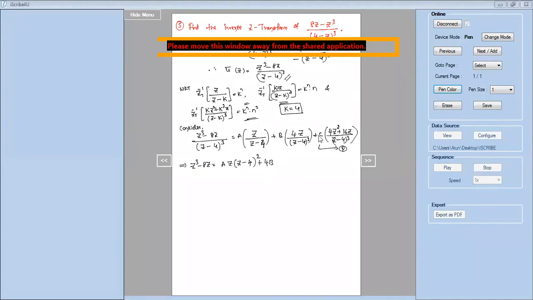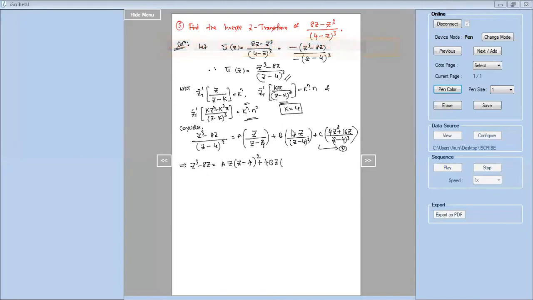4bz, the numerator 4bz into 1 z minus 4 whole square, z minus 4 whole square gets cancelled. We get 1 z minus 4 here, z minus 4 into the second term. It is 4bz into z minus 4 plus